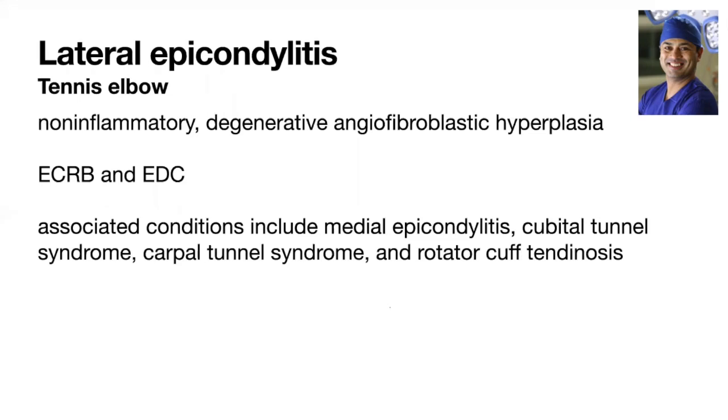But so the common elbow things I see, I get a lot of referrals for lateral epicondylitis, commonly known as tennis elbow. It is insidious. Well, it's not an inflammatory problem. It's a degenerative angiofibroblastic condition, which basically means normal, good quality type 1 collagen tendon is replaced with weak fibrous tissue and the ingrowth of blood vessels, which is A, not normal, and B, weakens the area. In 100% of cases, it involves the extensor carpi radialis brevis,